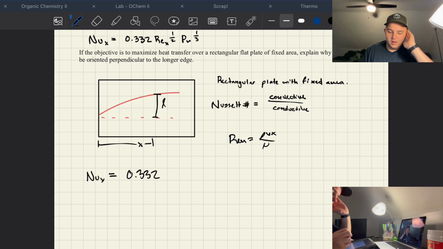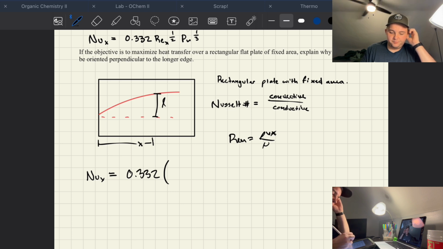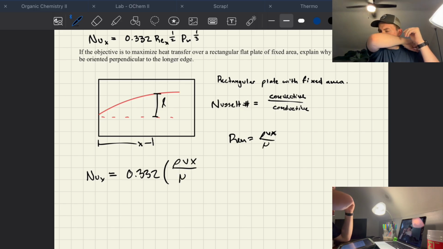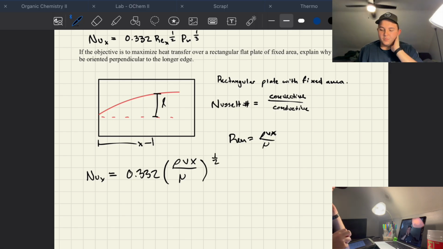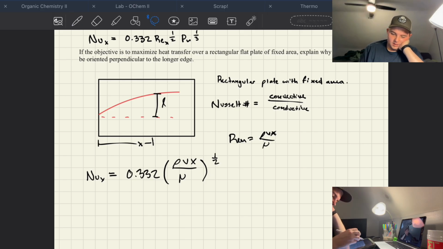So we can plug that in for our Rex, and the x is here to show that we're multiplying by x. So we're going to have rho Vx over mu, to the 1/2, and then